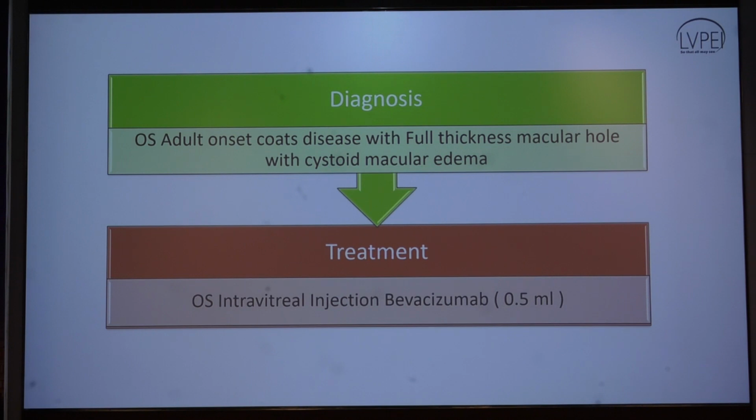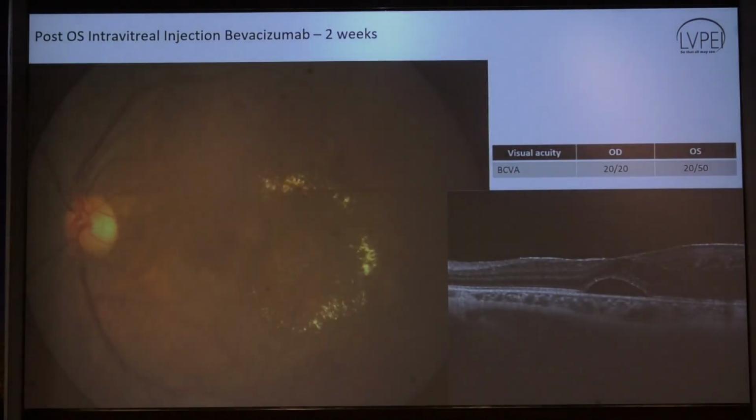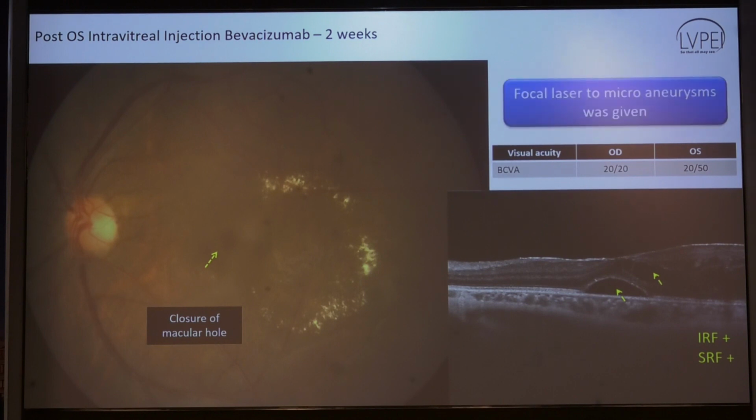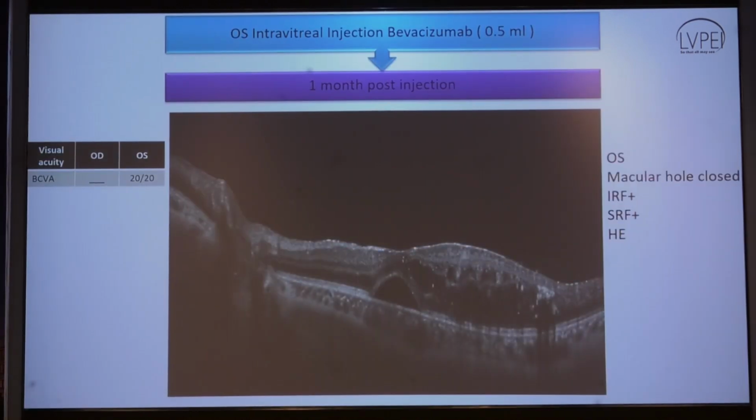given intravitreal injection bevacizumab. At 2 weeks, we could notice that there was closure of the macular hole, which was confirmed in the OCT, and there was presence of intraretinal as well as subretinal fluid. And hence, focal lasers were given to the microaneurysms, followed by intravitreal bevacizumab injection at an interval of 2 weeks. 1 month post-injection, his visual acuity had improved to 20/20, along with closed macular hole and persistence of cystoid macular